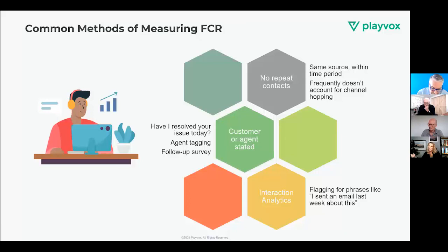I'll go back to Justin's wife's issue, right? That contact center likely marked that as a resolved issue, but in fact, she would certainly not consider it resolved. It was not resolved. So that's a good way to pick up on those situations. The